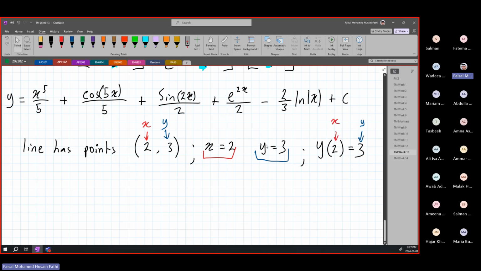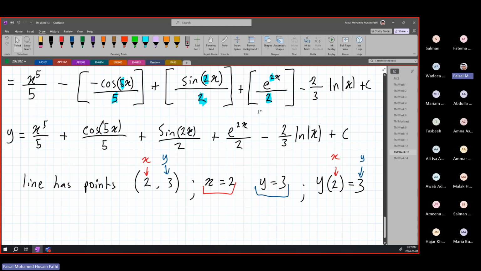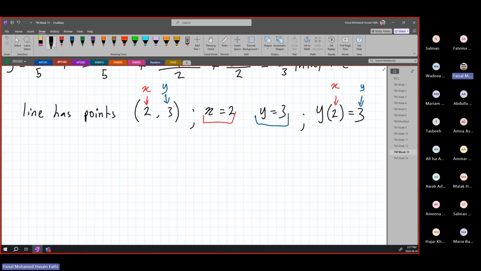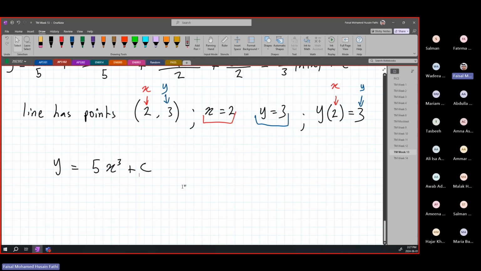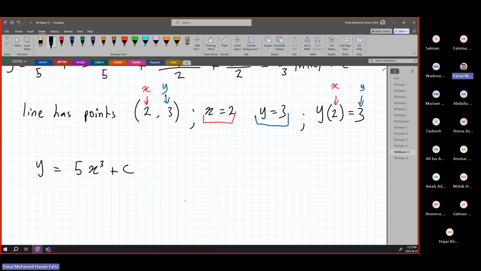So this is just 3 different ways of writing the same meaning. What you will do is, obviously this is a very complicated example here. So let's say we had an integration and we found the answer to be 5x cubed plus c, for example, all right? This was the answer of our integration. You're going to plug in the x over here, you're going to plug in the value for 2, and for the y, you're going to plug in the value of 3. And you're going to solve for your c value.